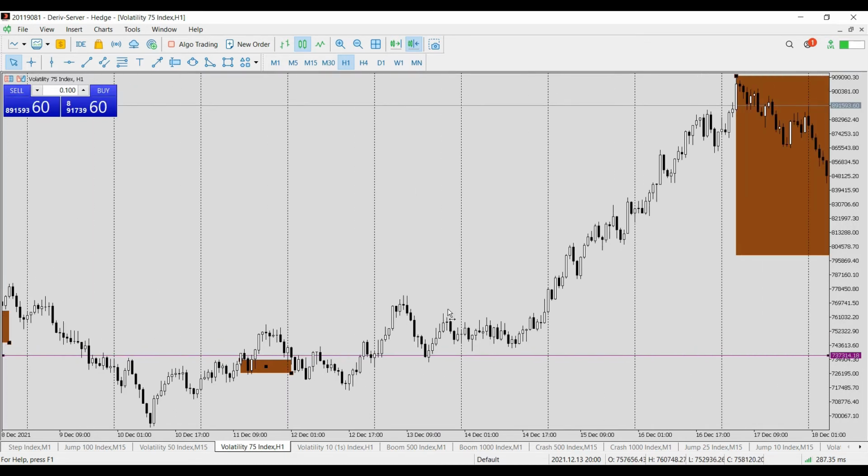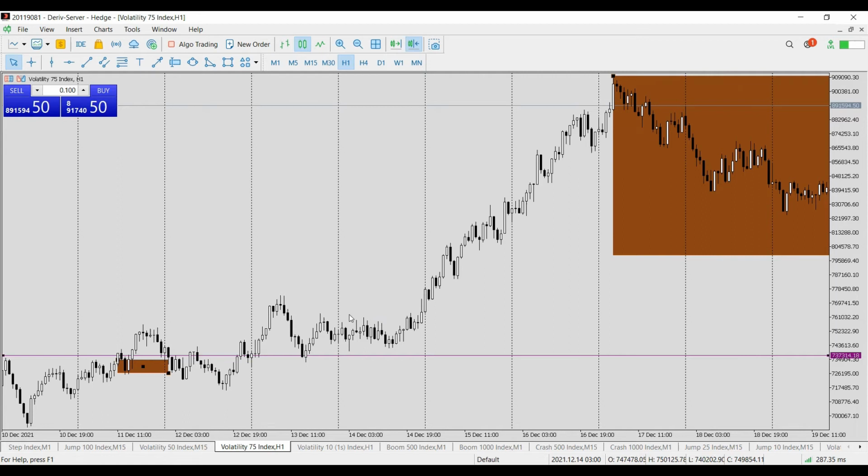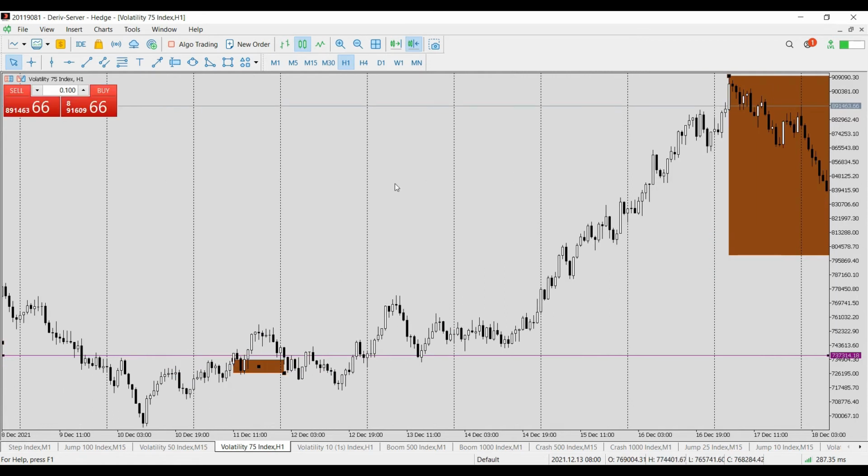So we keep moving, guys. We keep moving. Okay guys, look at this one here. All you need to do is just follow your strategy. If you follow your strategy, things are going to fall out right for you. So look at this candle here. Let me remove it so I'll explain. These two candles here,